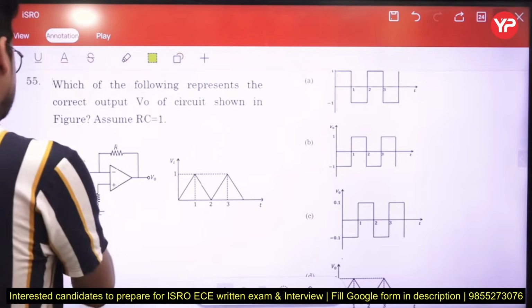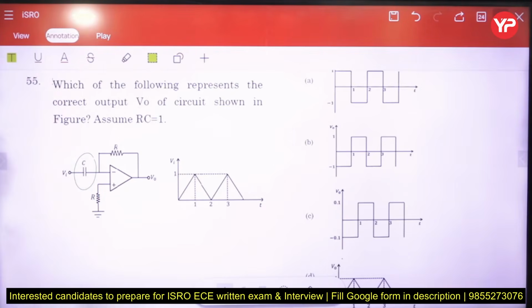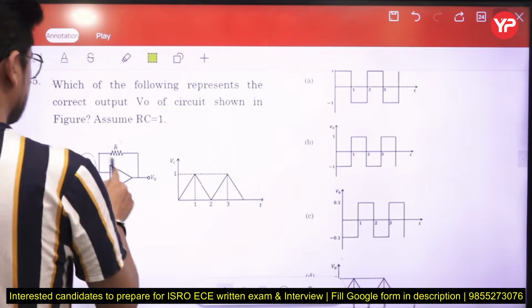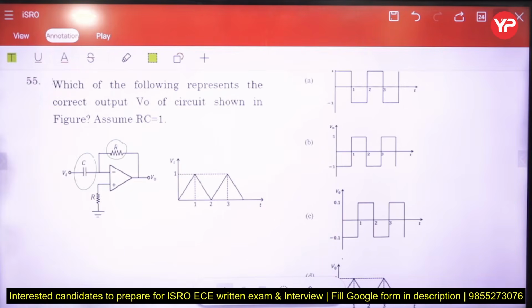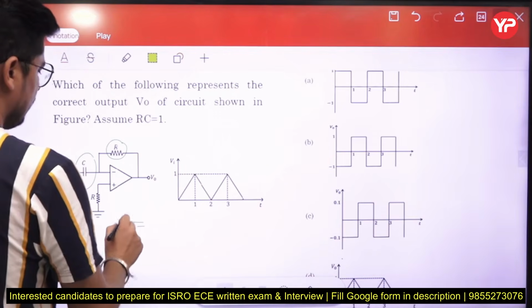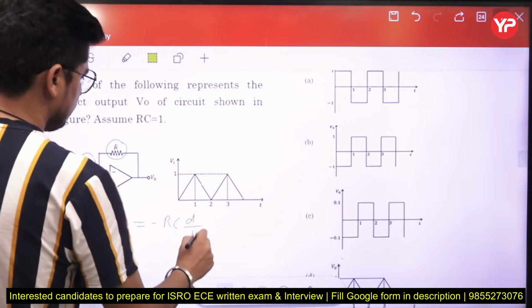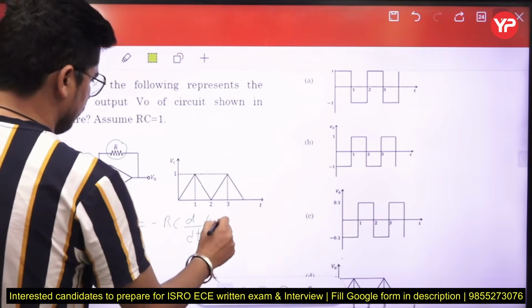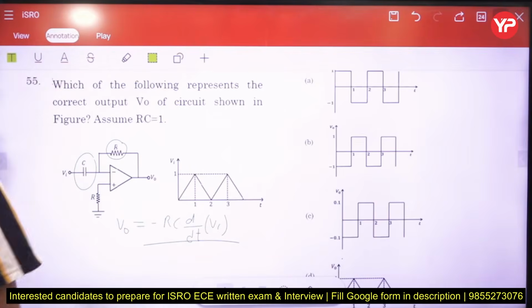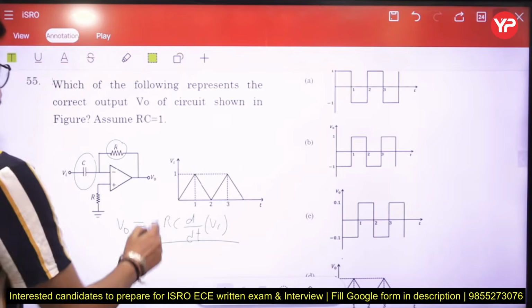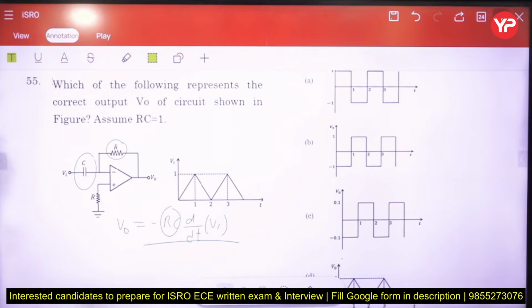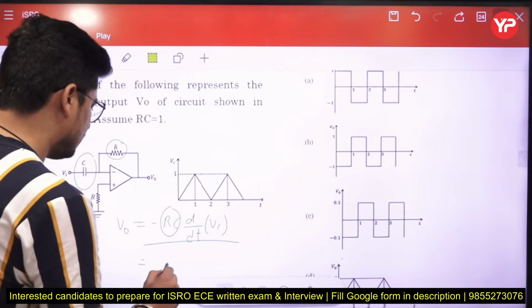This one has a capacitor at the input side, right? And at the feedback we have a resistance. So basically this circuit will work like a differentiator, and the value of the output voltage is minus RC d upon dt of the input voltage. RC is given to you as 1, so we replace this RC by 1, that is going to be minus, and that is the derivative